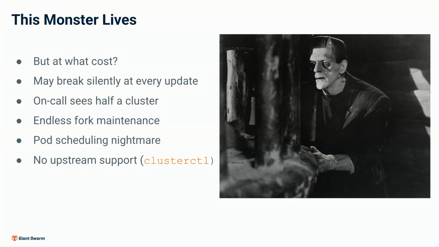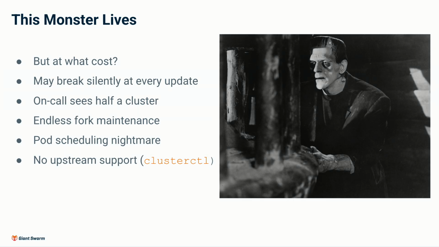Also, our on-call engineers might go online at night and just see half a cluster and not know where the control plane is, and it might be a whole thing. And we now have to maintain this fork of the CCM and maybe some more forks as well, and we might have to do that indefinitely. It's going to be a nightmare to schedule any pods on these different infrastructures,